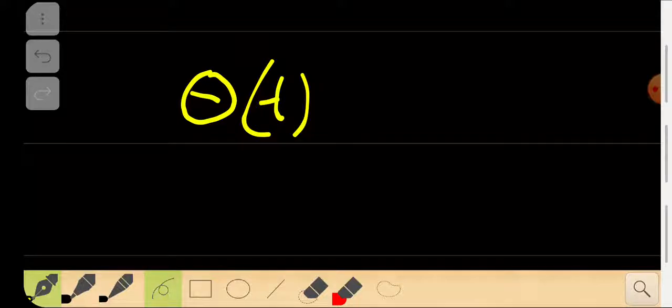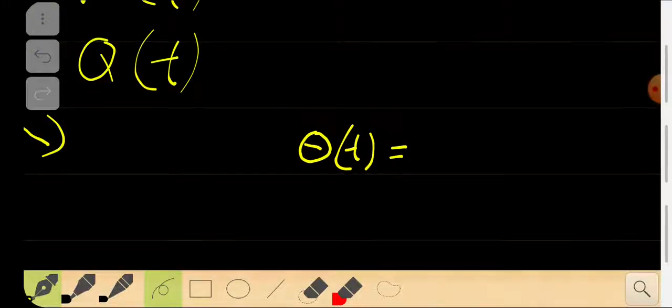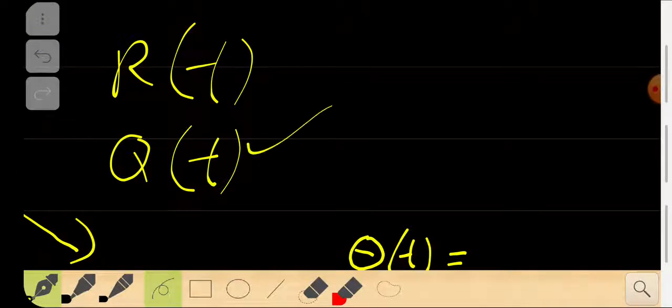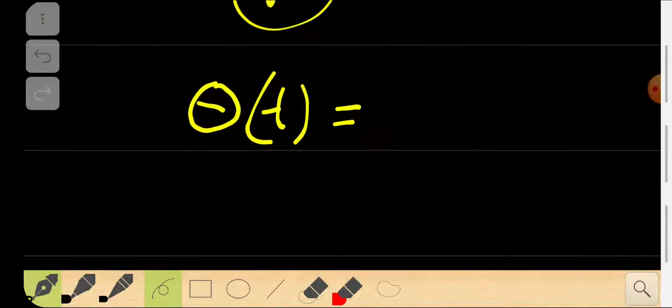So let's assume that I am given a problem like theta of t, which is theta changing with time. I told you that theta can change with time or r can change with time. So I am taking r as a constant for easiness. You can take r as a constant and theta as a constant, it will only get more complicated. It will be easy, which you can try out, but it will take a little bit more complication. Anyway, I'm taking theta of t, which is changing with time, and r as a constant.